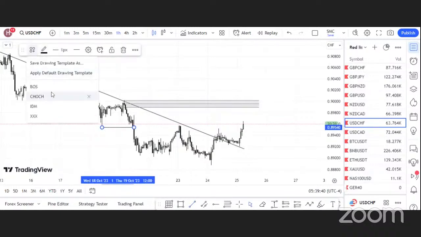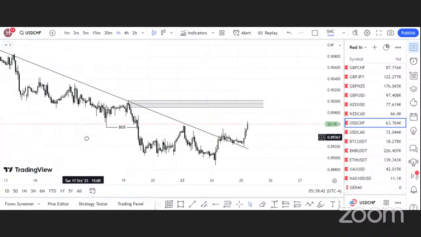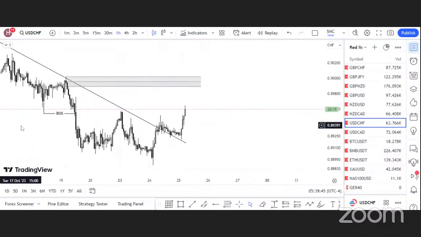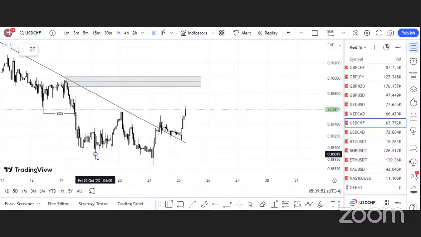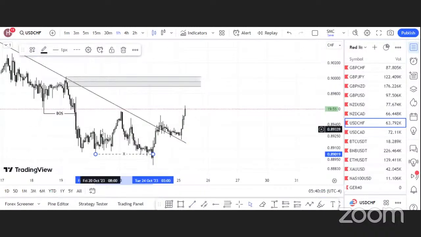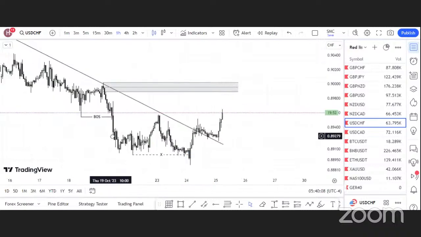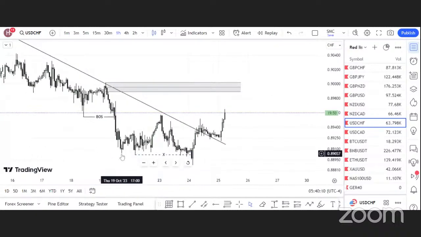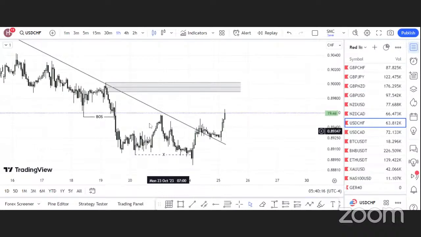So we have break of structure, all right? We have break of structure. We have this whole area. So this is a liquidity zone, okay, because we have this rejection, we have this rejection, we have this rejection, we had all this area. So most